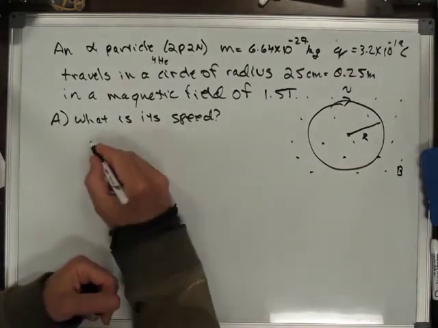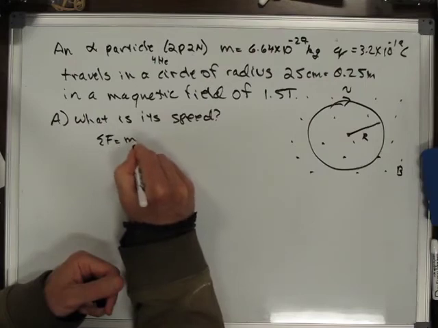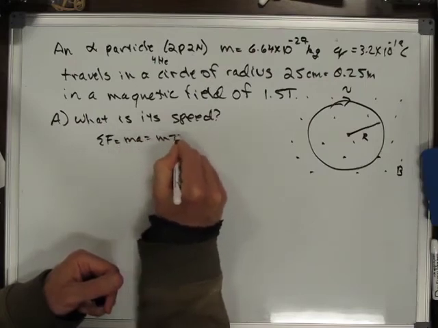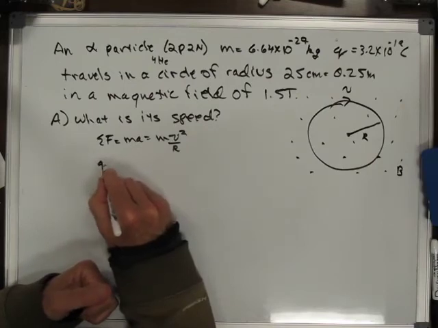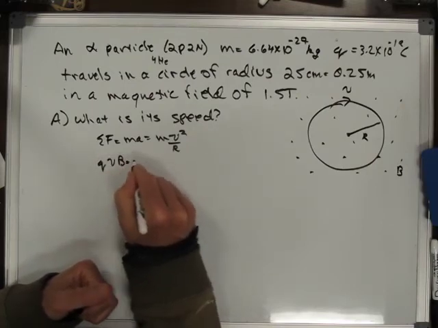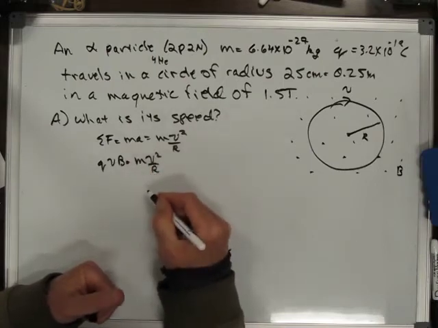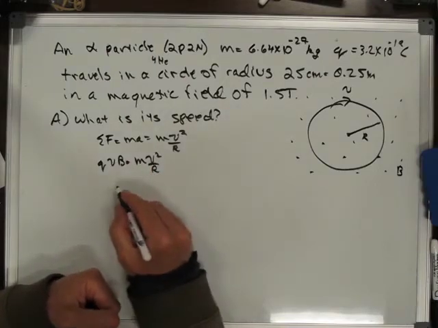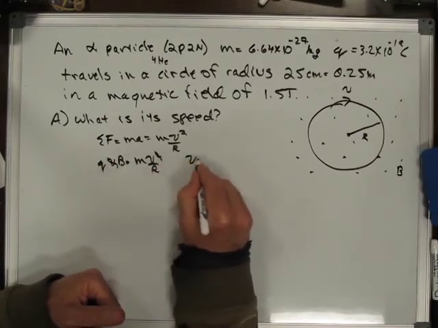And so I get sum of the forces equals MA equals MV squared over R. And that's QVB is equal to MV squared over R. We're solving for V. And so we can cancel one of the V's. And then we get V is equal to